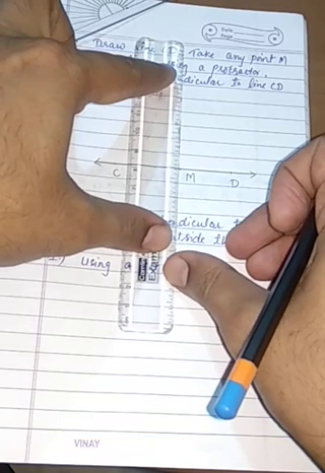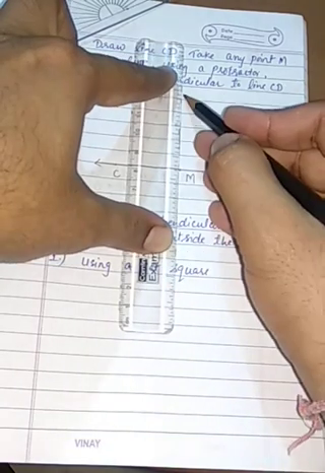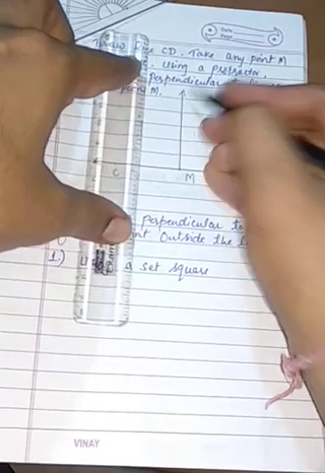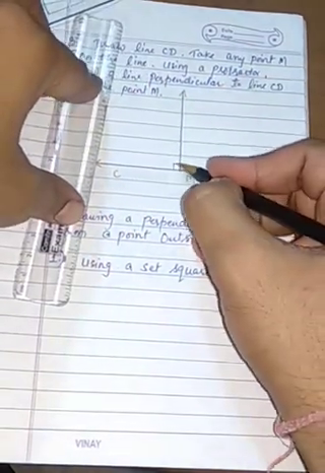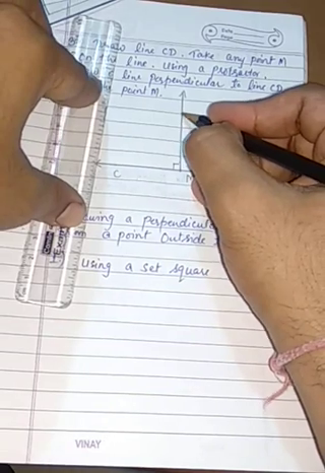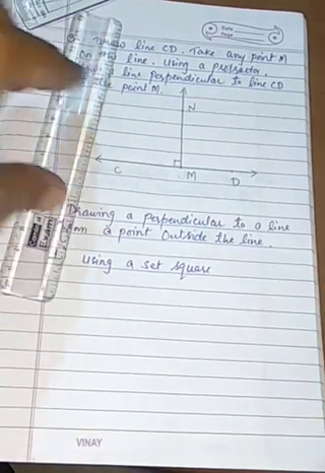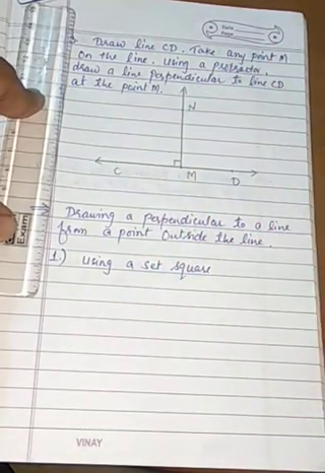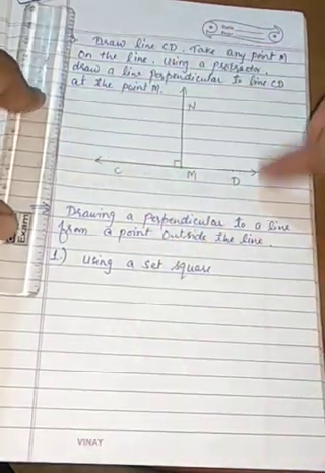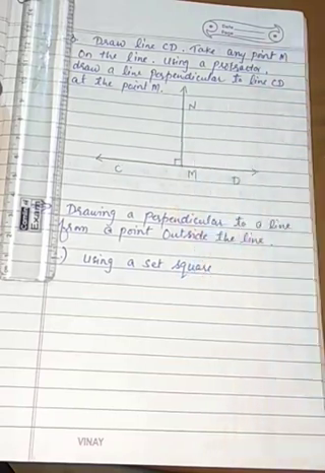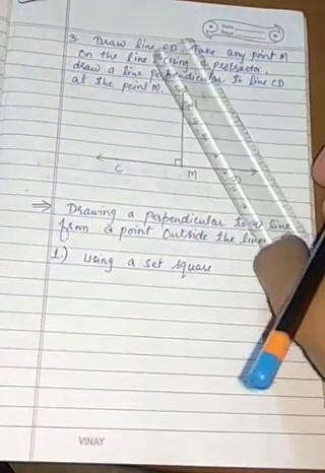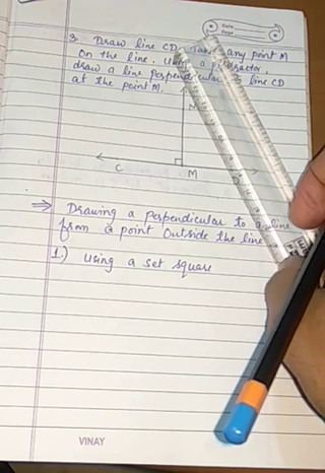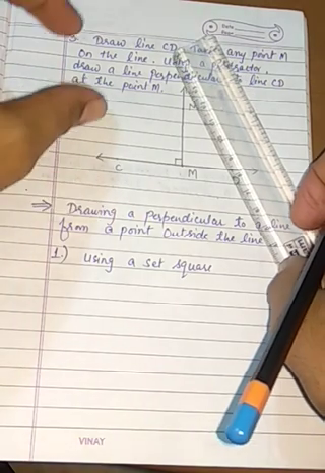Using the scale, draw a ray. This is your required perpendicular. Again, you can name something over here. So let's name it MN. So MN is perpendicular to CD, or NM is perpendicular to CD at point M. Is it clear? So we have seen examples, as well as we have done all three types in practice set 39. Is it clear?